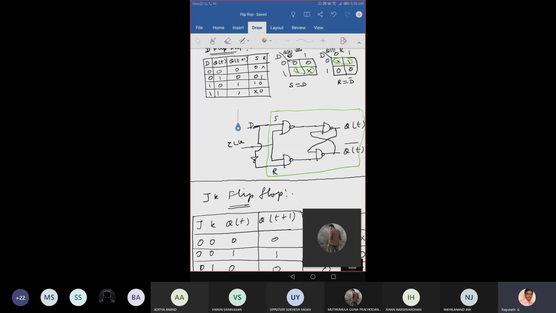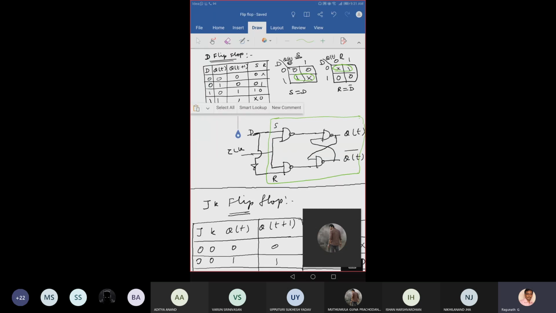This is called flip flop conversion. If we learn this flip flop conversion, the same method you can use for converting one flip flop to another. Now, which flip flop do I want to design? D flip flop. So first you have to write these three things. Is it the characteristic table or excitation table of the D flip flop? This is excitation.